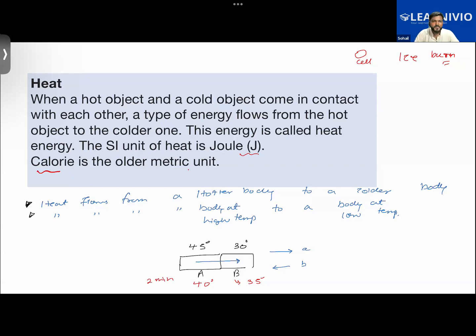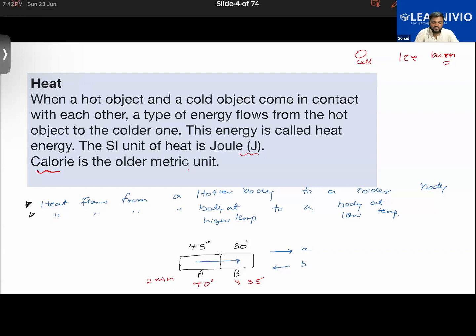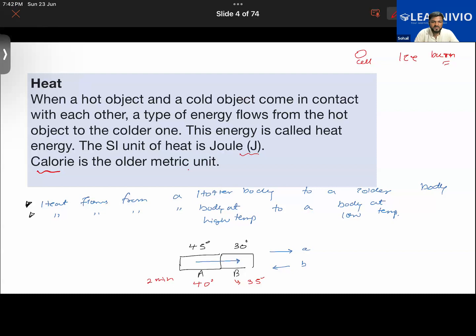Sir, it looks like the same as in winters, if we get hurt by some wood or something, after some time there will be a purple type patch, and some people say that's only a blood clot. That's a blood clot. Exactly. It looks the same, because a blood clot looks the same in both the cases.